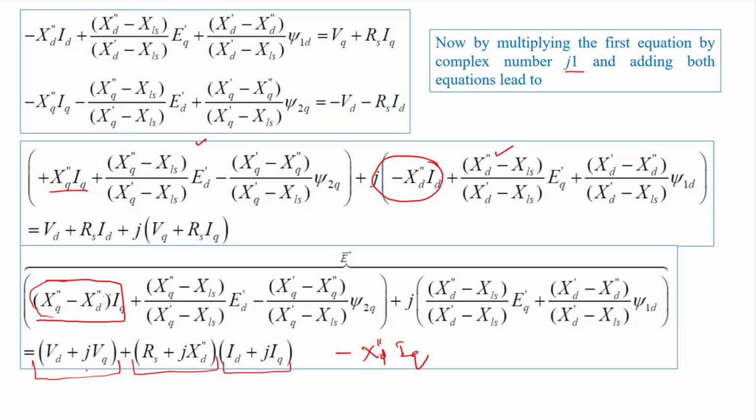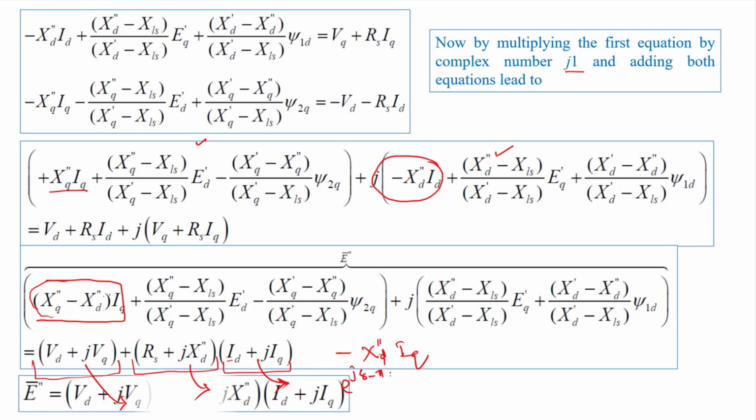Now what does this equation indicate? This is the terminal voltage of the generator, represented in the dq axis parameters. Similarly, this is the current injected by the generator at the terminal in the dq axis parameters, id + jiq. And this is the parameter inside the generator. Now, in order to convert this equation into the common reference frame, I have to multiply with e to the power j of (delta minus pi by 2). So that will give me